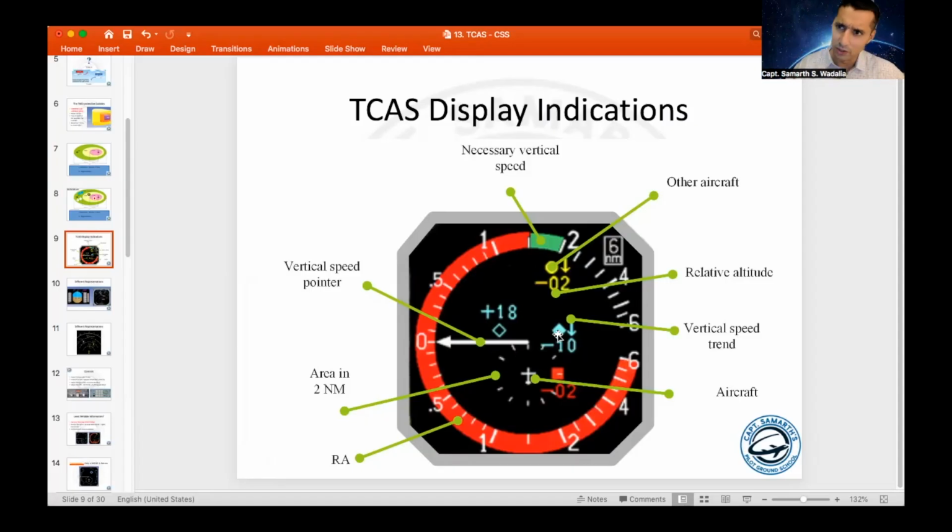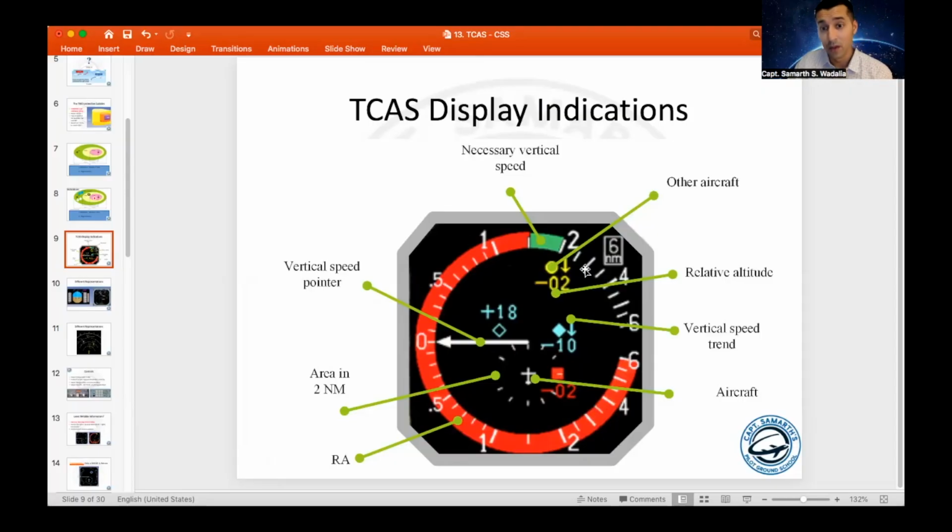There is additional symbology on this target, though. This target has a downward pointing arrow beside the diamond. What does that mean? Every time you see a downward or an upward facing arrow beside the TCAS symbol, that target is climbing or descending with a minimum vertical speed of 500 feet per minute. Important to remember, if the target is climbing or descending with a vertical speed of less than 500 feet per minute, you will not see that upward or downward pointing arrow, right? Which takes us to the next target,